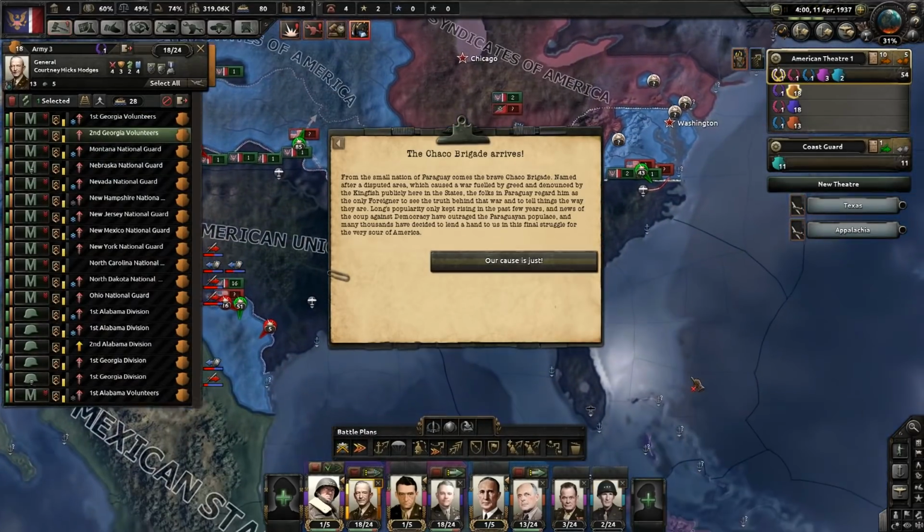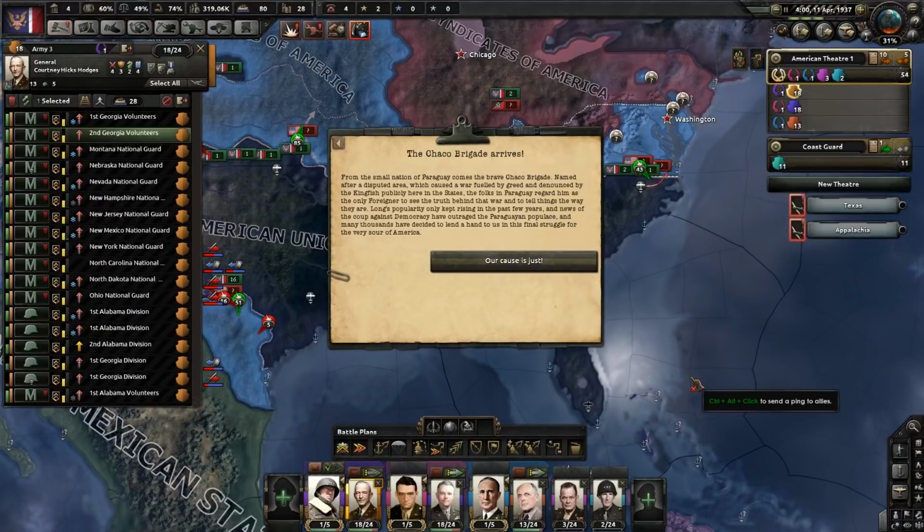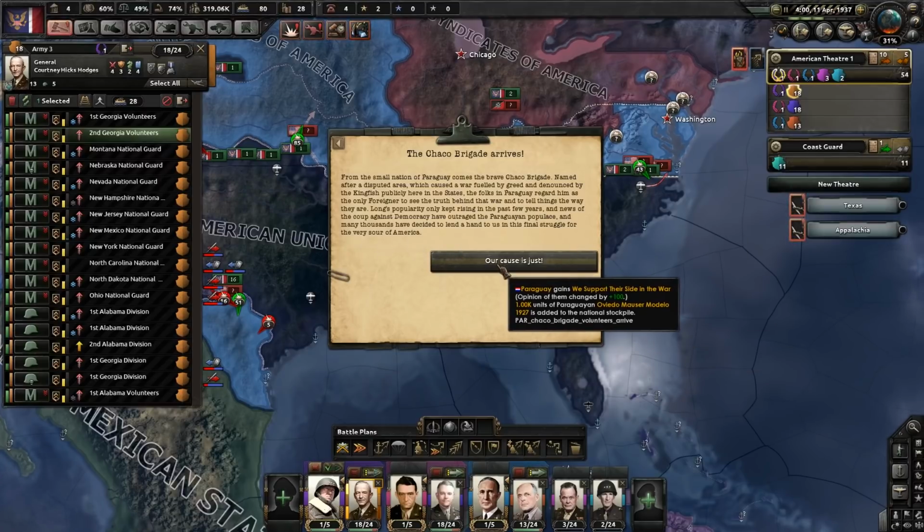The Chaco Brigade arise. From the small nation of Paraguay comes the brave Chaco Brigade, named after the disputed area in which the war fueled by greed was denounced by the Kingfish publicly here in the States. The folks in Paraguay regard him as the only foreigner to see the truth behind that war and to tell things the way they are. Long's popularity only kept rising in the past few years, and news of the coup against democracy has outraged the Paraguayan populace, and many thousands have decided to lend a hand and come to the final struggle of the America. For just cause, so they gain...